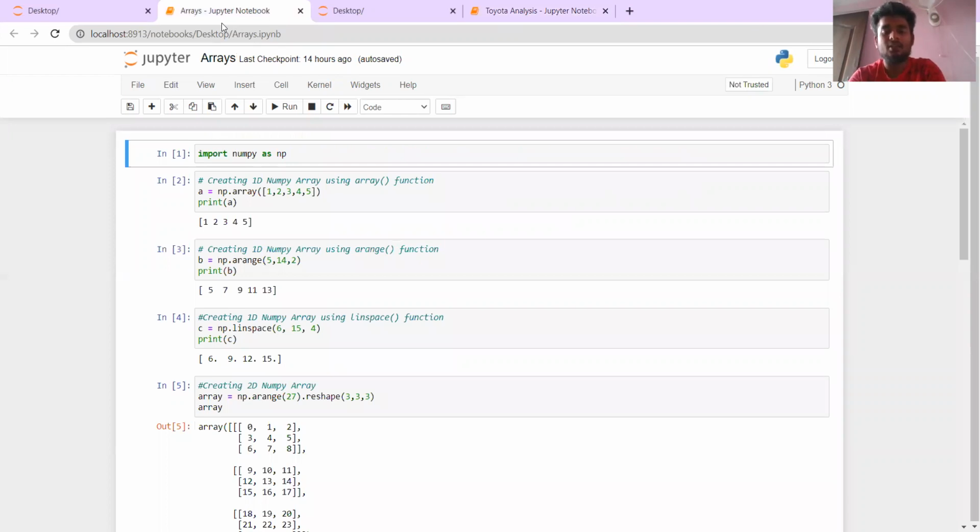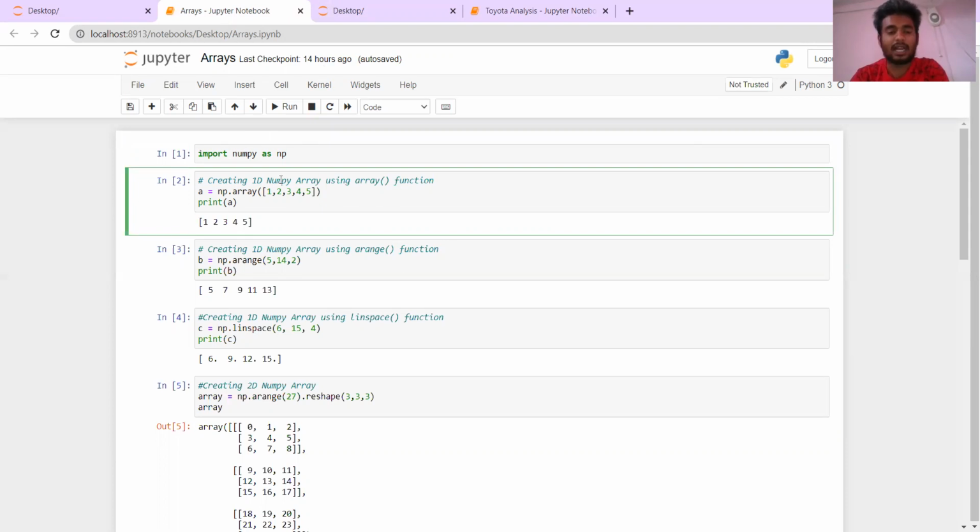As we can see here, the numpy linspace function takes start, end, and number of elements as arguments and creates a one dimensional array. So we import the numpy library and use the linspace function to create a one dimensional numpy array.